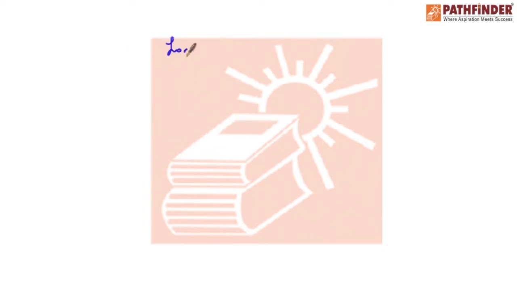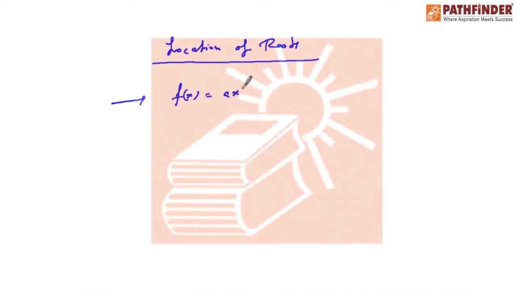Next we talk about location of roots. Now of course it's a very interesting concept, the idea of location of roots. Let us say various cases can be considered. If you have a certain equation given as f(x) equal to ax square plus bx plus c, and it is also given that you are to find out the condition such that, let us say, the roots alpha and beta are both greater than some real number k.